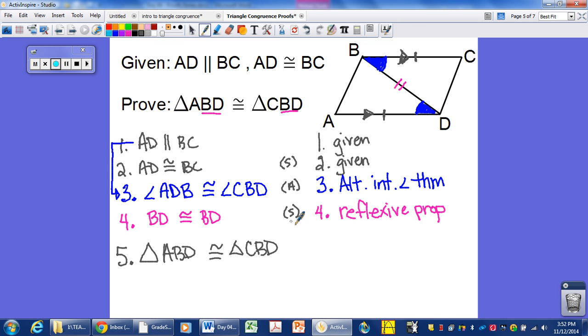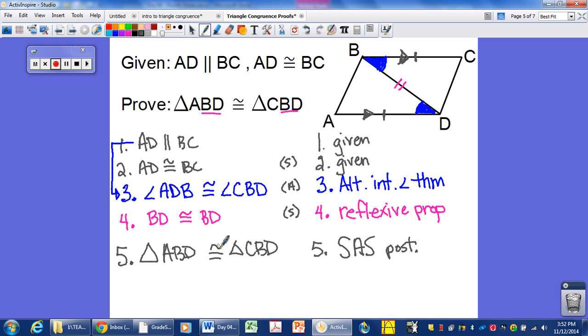Once you have three good things, I should say, not just three random things, but three specific things, you have congruent triangles. Looking at your picture, I have two sides and the angle in between them. So by the side-angle-side postulate, these two triangles have to be congruent. And you're done. Once you have your congruent side, congruent angle, congruent side, you have congruent